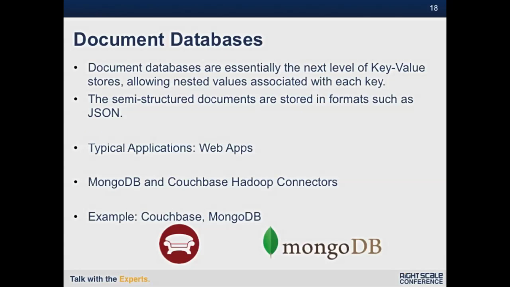What we start to see more often, and we've seen very, very heavy use of this with web applications, is those document databases. So if we go back to what we were talking about earlier, this is a key value store, but it's more complex now in that instead of just a simple value, I actually have a document in a JSON or an XML format. And now you get into technologies like Couchbase and MongoDB, which we see used very, very often with web applications.